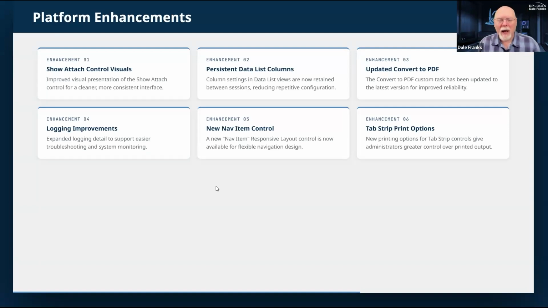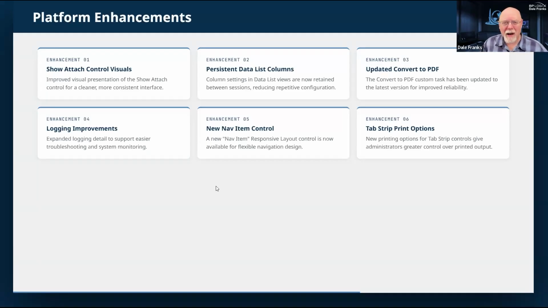The Convert to PDF task has been updated for a couple of reasons. Certainly, there have been some changes to the third-party library that we use to do the PDF that needed to be updated. There was also a problem with that third-party library when dealing with Word documents that had track changes turned on.